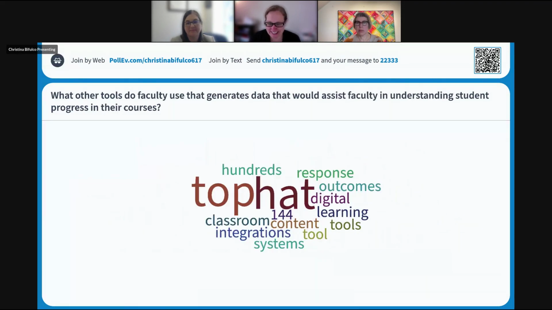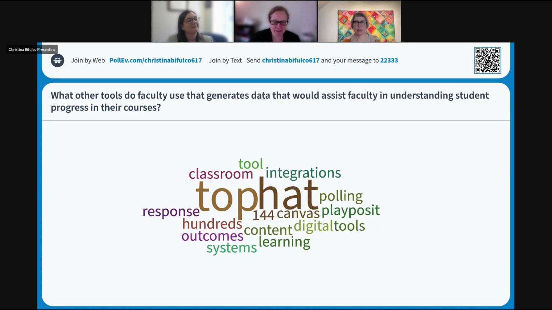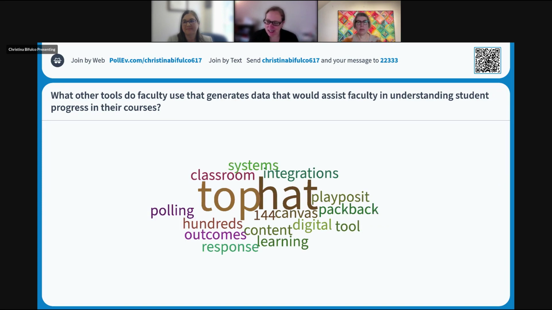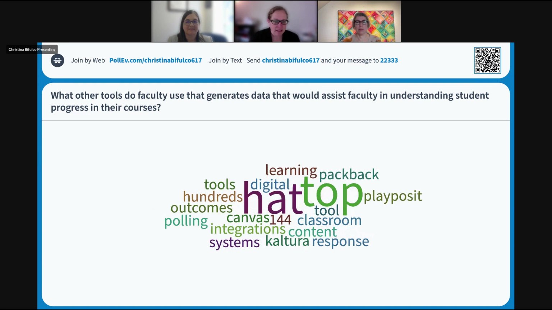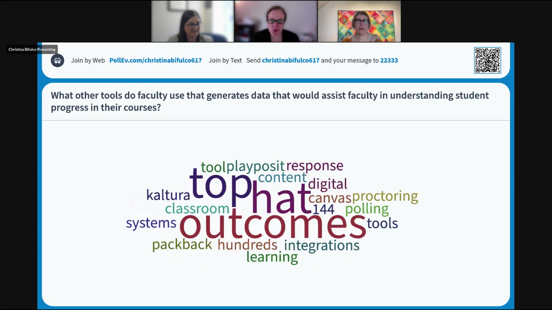Yeah, hundreds. Okay, so Top Hat, integration, outcomes, PlayPosit. Yeah, I love PlayPosit. We have that at Rutgers as well. Packback, polling, right? Kaltura, right? So there's a lot of other tools that faculty are using that may not be across all of the institutions, but are worth taking some time to put within the curriculum,